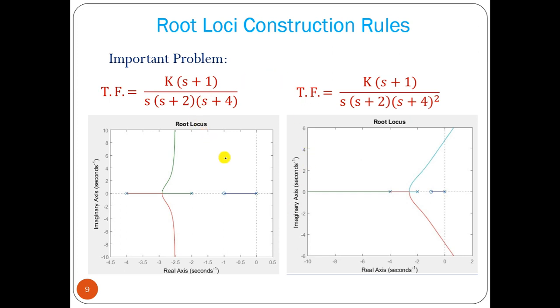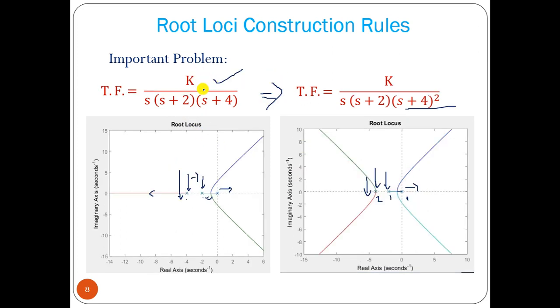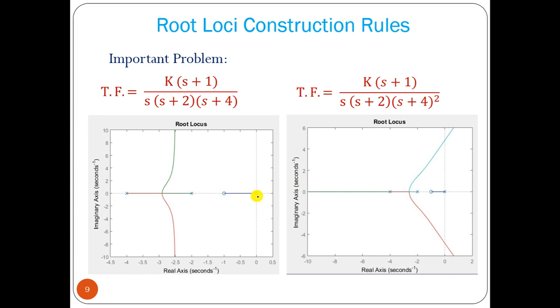Similarly, I have taken an example with a zero term here. Again we can see at this point one pole, so the root locus exists. At this point 2 poles and zero, no root locus path. At this point if you see 3 poles and zero, so the root locus path exists between these two areas. And after this we have 4 poles and zero, so no root locus path.